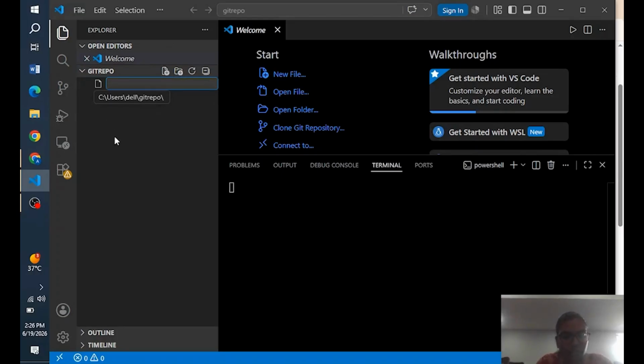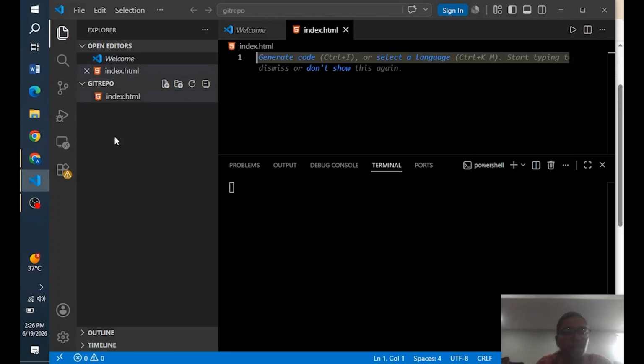We can create one file in the particular folder also, and from the terminal we'll access Git.